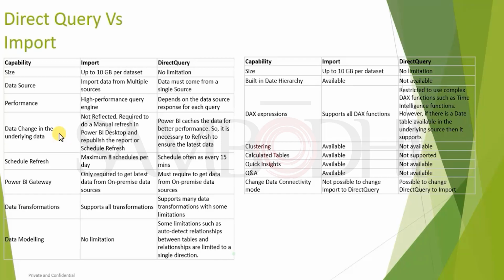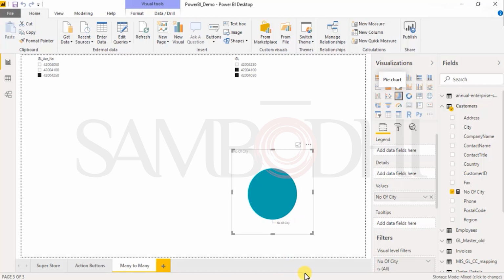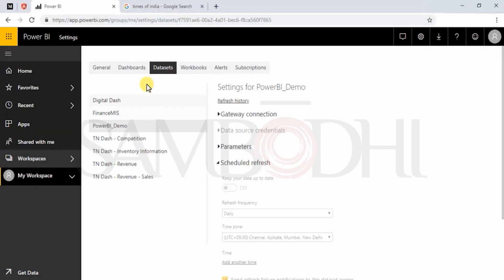So this was another piece of information, as in how do we schedule the refresh. Then the data transformation is fine. Modeling, we did see modeling and its associated capabilities. Okay. Today, what is Q&A? What is quick insights? So quick insights are something which is, if you go to the desktop and you go in general,